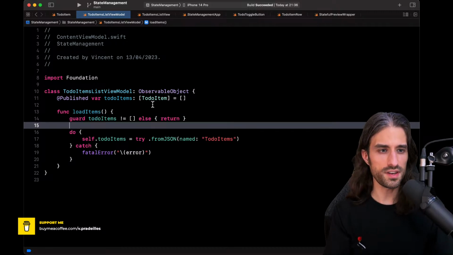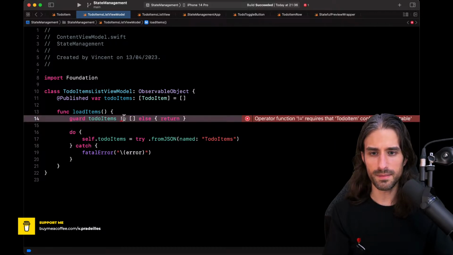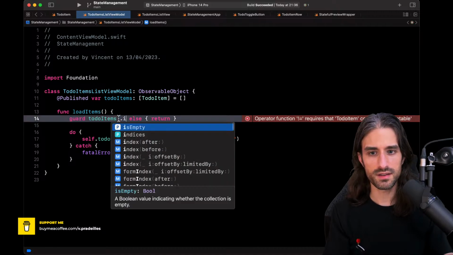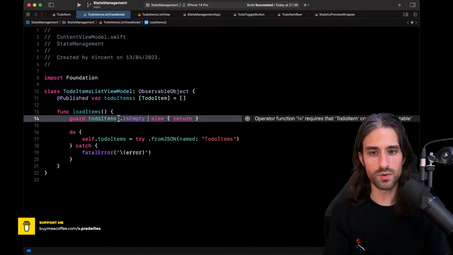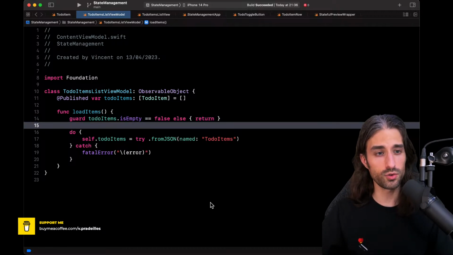And this way, when there is already some data, you're not attempting to reload. It's better if I do isEmpty equal false, something like that. So that's a way that you could deal with it. But that's a very good remark, that onAppear can be called more than once. It really depends on what you actually want to implement.